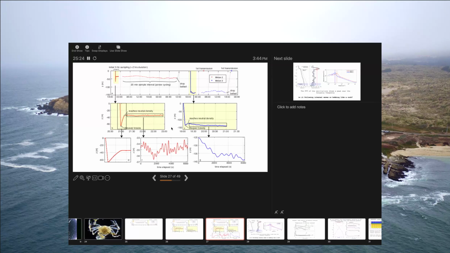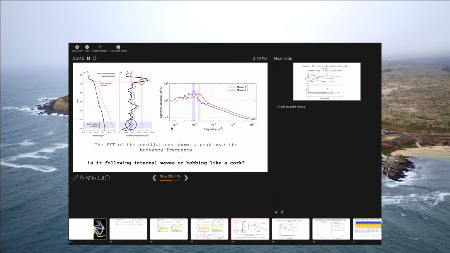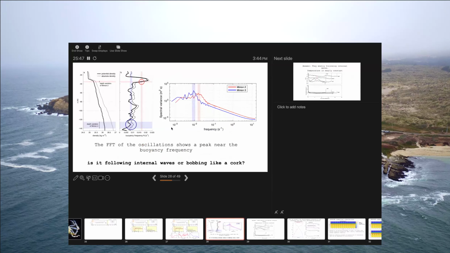You have to get down to the sub-gram level to be accurate enough to get them to be within 50 meters, I would say. But we can zoom in on this drifting period, and you can see there are wiggles here. The shallower one was wiggling much more than the deeper one. And when we analyze those wiggles using a Fourier transform, we find that they match remarkably well with the Brunt-Väisälä, or buoyancy, frequency at those two different depths.